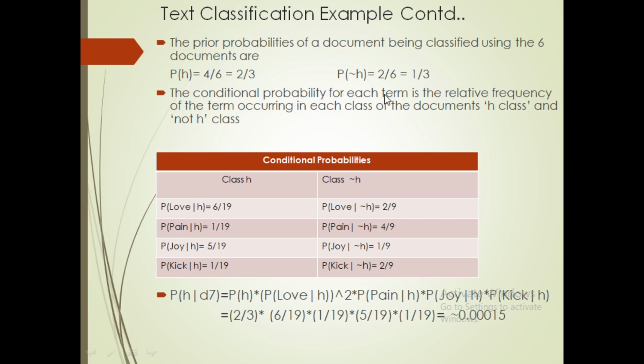The conditional probability for each term is the relative frequency of the term occurring in each class of the document, the H class and the not H class. Here we are going to find P of love given H. That is, we have considered a positive class, the healthy class H. How we get 6 divided by 19 is the denominator term, whatever we have got, 19 over here, is